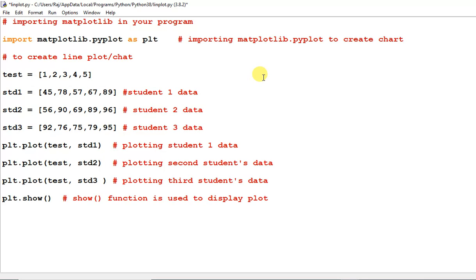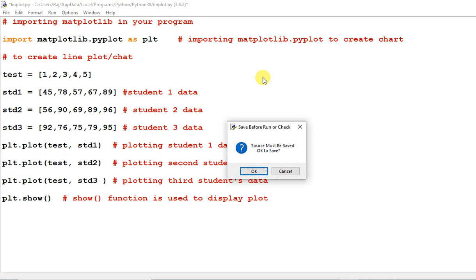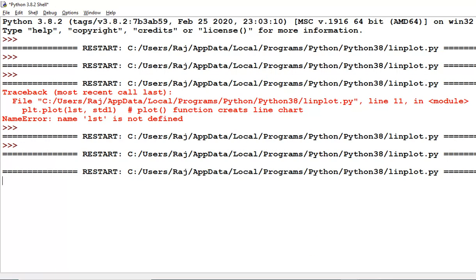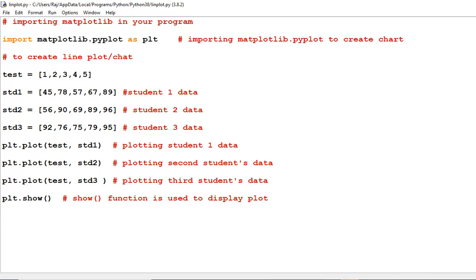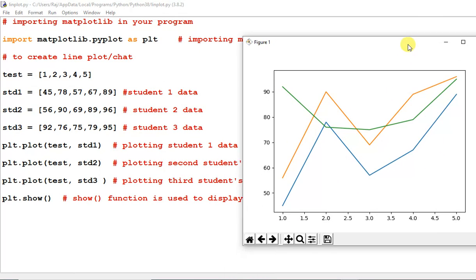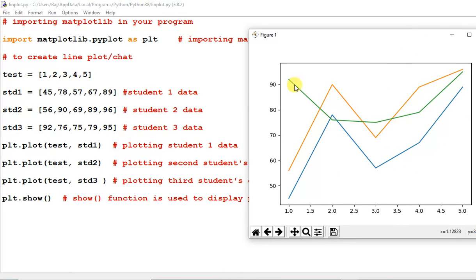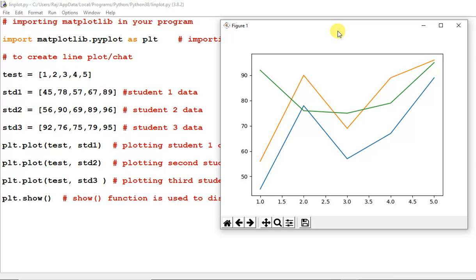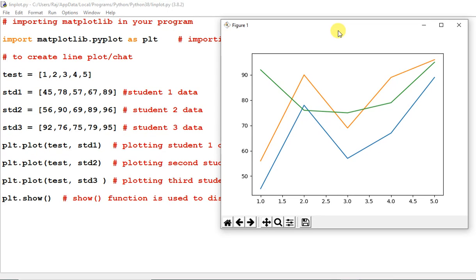Now you can run this program. Look at here, this plot has been generated. Now look at the third line generated in this plot, which is based on the third student's data: 92, 76, 75, 79 and 95. So in this way we can create a plot.